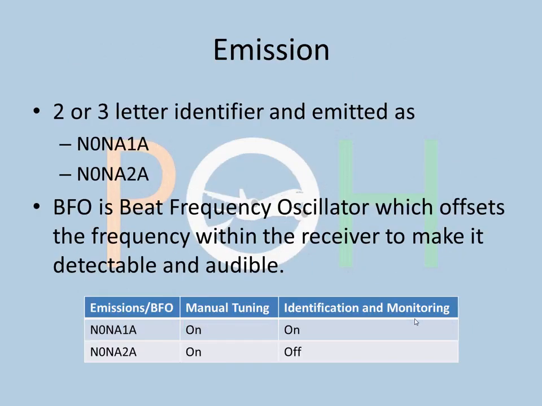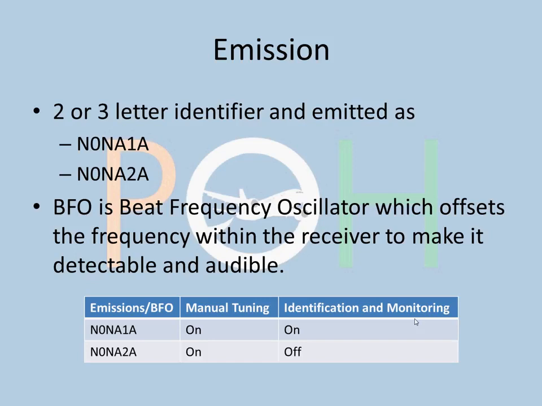Now the emission is a 2 or 3 letter identifier. The emission code is November 0 November Alpha 1 Alpha or November 0 November Alpha 2 Alpha. So these are the two types of NDB emissions. The problem is this is not easily detectable. So there's a device installed within the ADF receiver on board the aircraft. It's called a BFO, beat frequency oscillator, which offsets the received frequency within the receiver to make it detectable and